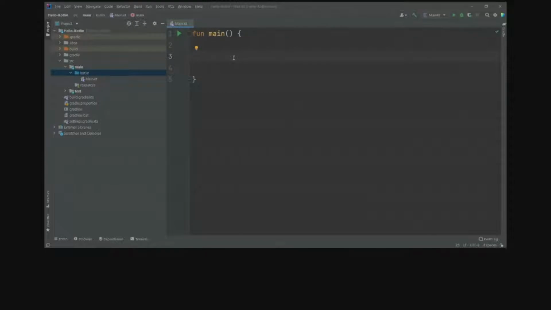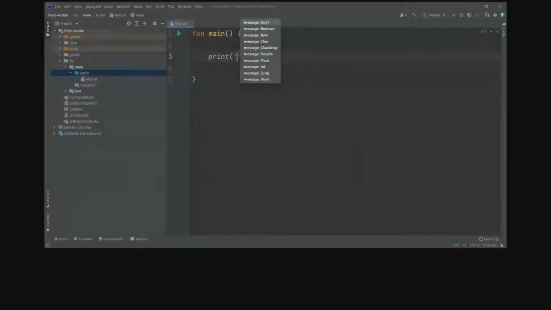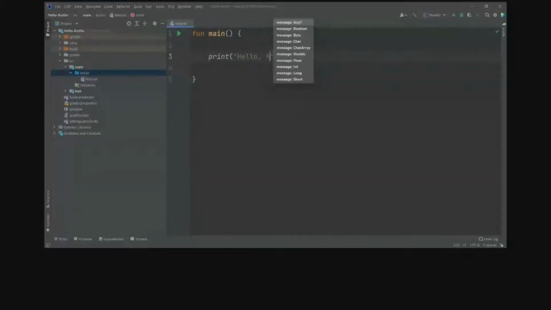For all the Pythonistas out there, you'll love this because in Kotlin also we have a print statement to print anything. So this is how you will print hello world or whatever you want to print.